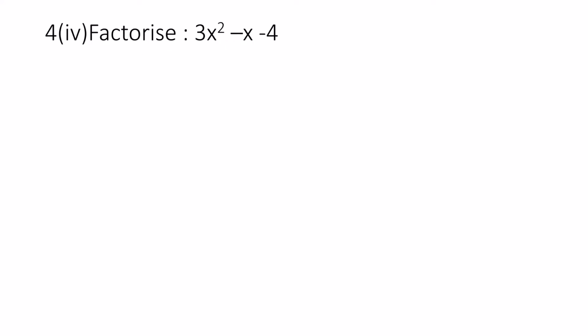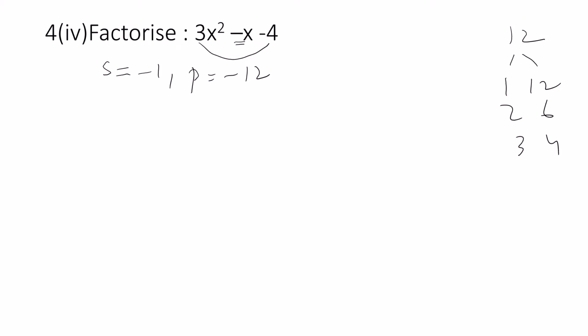Factorize 3x square minus x minus 4. So here also we are going to use splitting the middle term. So what is the sum? Sum is the coefficient of x, which is minus 1. And what is the product? Product is 3 into minus 4, that is minus 12. Now you write all the factors of 12, 1 and 12, 2 and 6, 3 and 4. Find out the pair which satisfies these two conditions. So if I take 3 and 4,